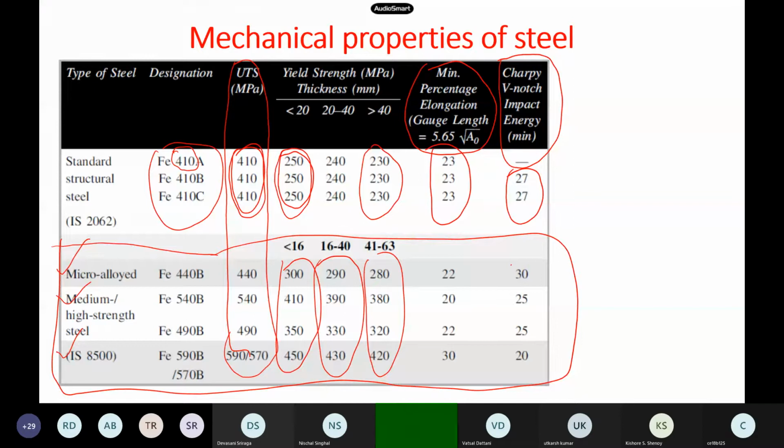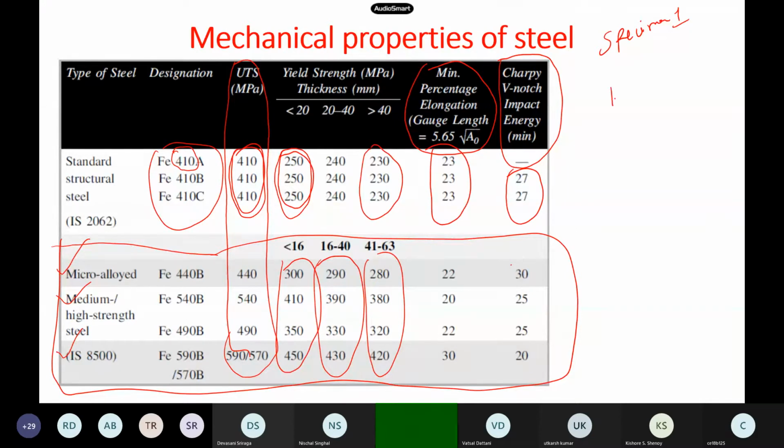There will be some variations. So what does this 410 correspond to? Like in concrete also you would have seen. If you take specimen 1 in the lab and test it, you will not get 410. You may get 415 or 413 or maybe 405. You don't get a single number because of a lot of uncertainties.